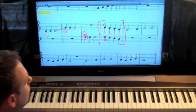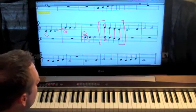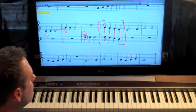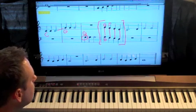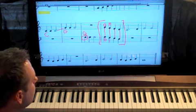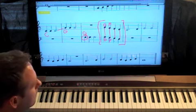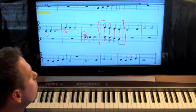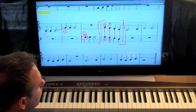Now we're going to go down in both. Both hands go down. Okay, so that means to the left, of course, on the keyboard. And this is going to be an F because it's in the space right there. This F is on a line, but it's still an F. See, this is part of what makes reading piano music more difficult than other instruments, because you have to read 2 clefs, and they're different. An F on the right hand doesn't look like